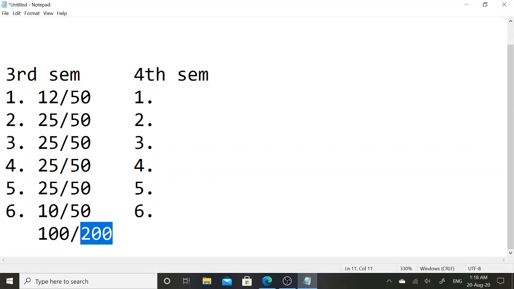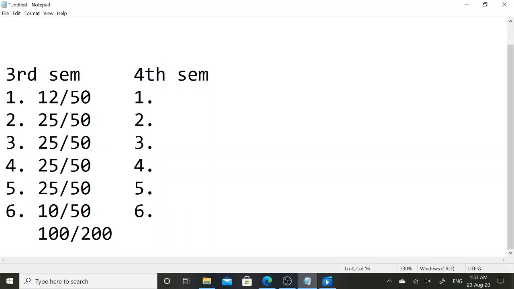And if you secured 25 in each of the 4 subjects, then your total will be 100. So in this case you have scored 100 out of 200. This is the scenario if you are applying for third year.